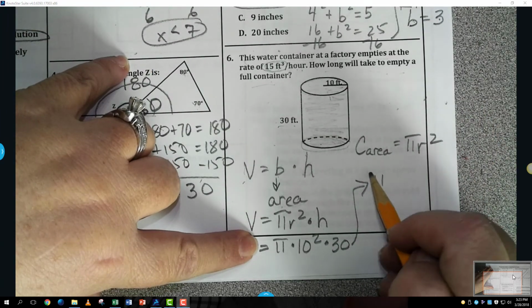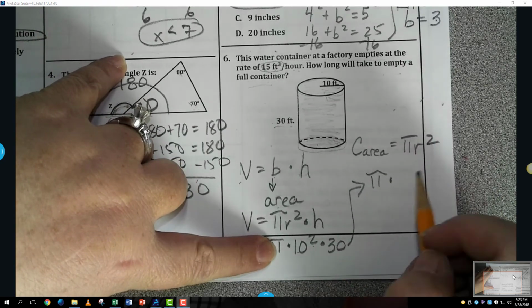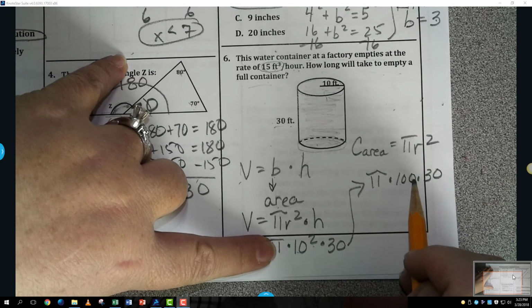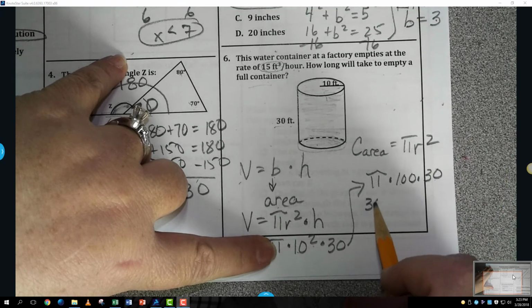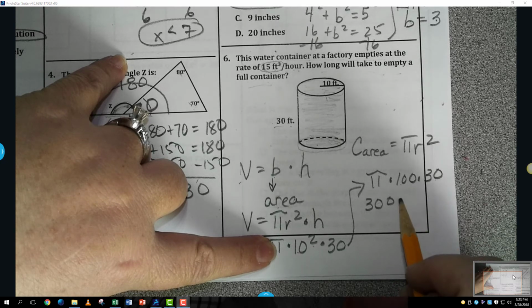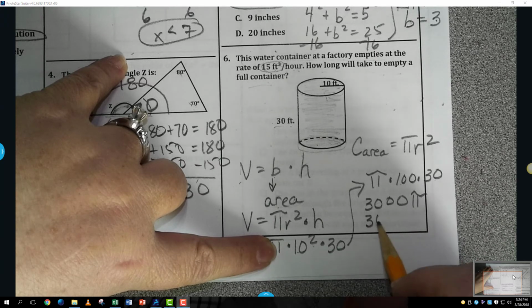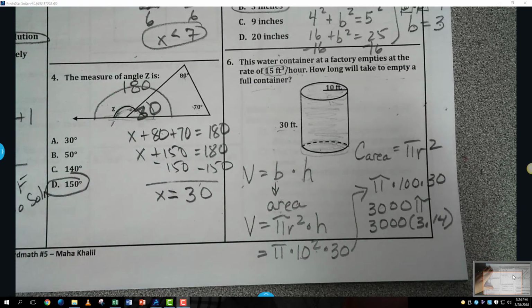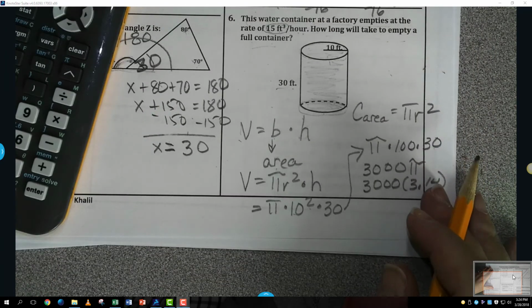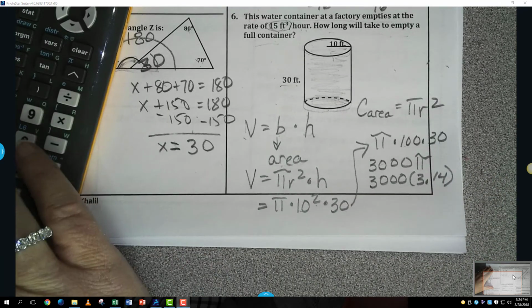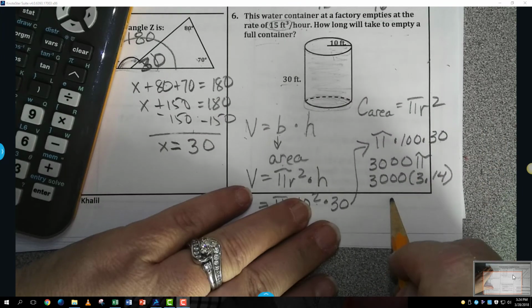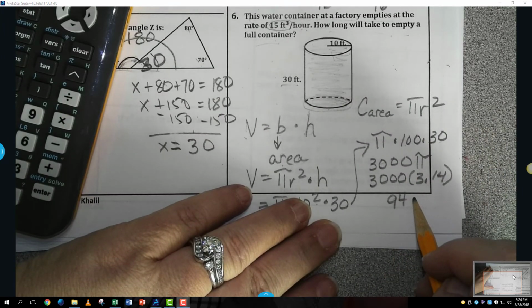So that's going to be pi times 10 squared, which is 100, times 30. So 100 times 30 is 3,000, times pi, which is approximately 3.14. So it's going to be just over 9,000. I think you'll probably be allowed to use a calculator for this one. So 3,000 times 3.14 is about 9,420